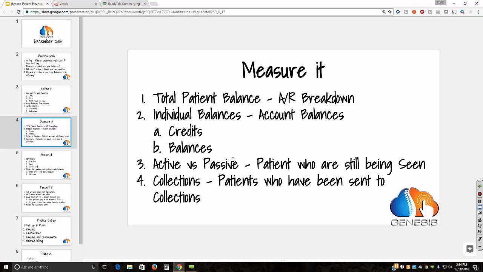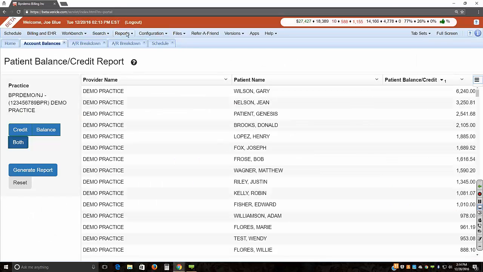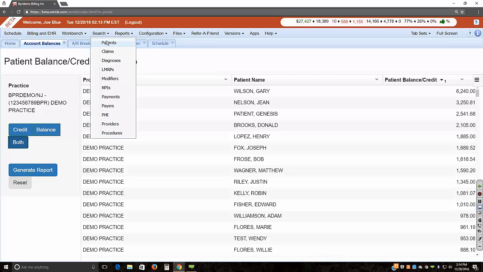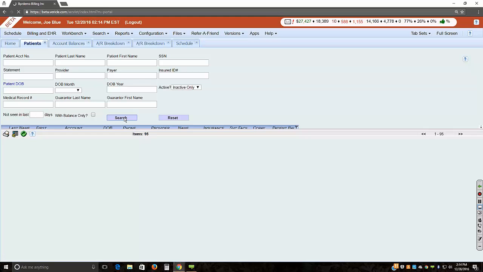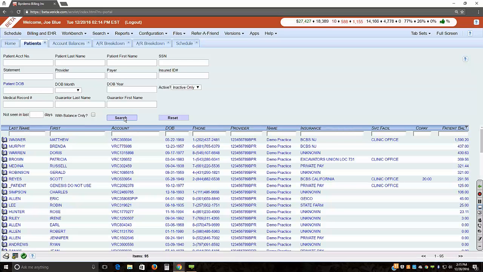We're going to show you one thing here. Under search patients, if you search inactive patients only, and you conduct this particular search, this is money that you'll see here in patient balances that are at the end. You don't know whether or not you have the ability to get this money. Even with an active patient, you don't know that. But in this particular case, you're not even in regular contact with these patients. If you search your active patients, you can find out. So there are 95 inactive patients, and